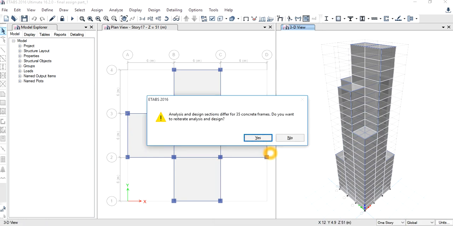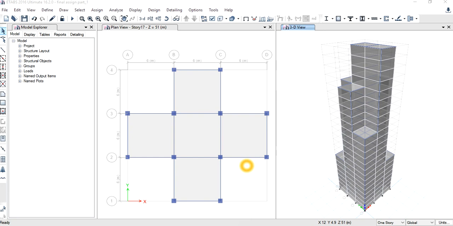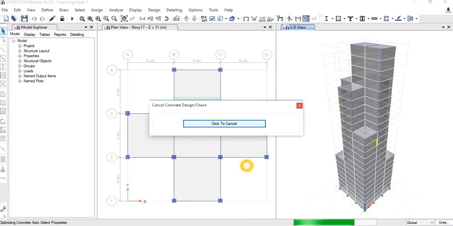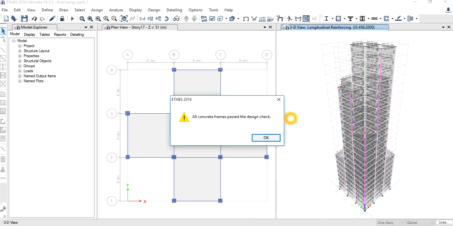We can see the number of members has now reduced to 35. We will do another iteration again. After doing 4 to 5 iterations, we can see that all concrete frames have passed the design check.